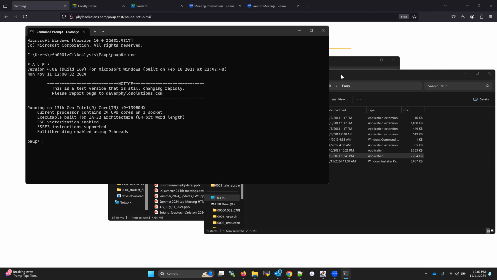If you're on a Mac, you can open an application called Terminal. So go to the Finder and type Terminal and do the same thing. Drag the executable file into your terminal window and then hit enter. Okay, so